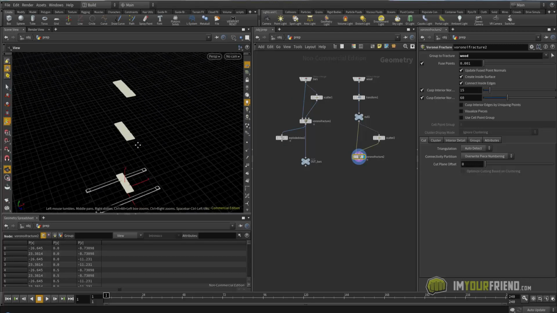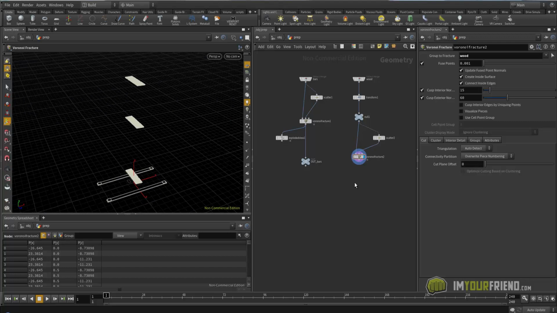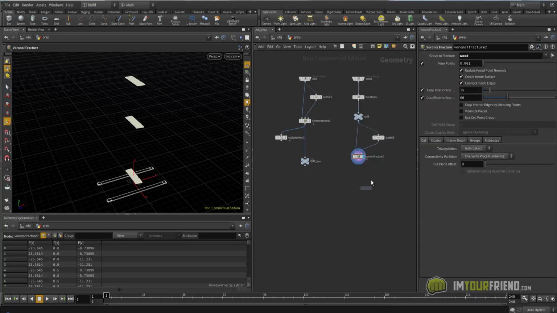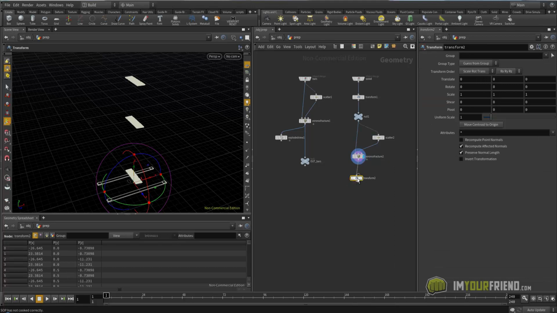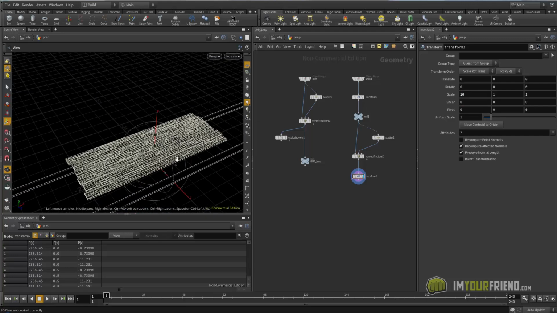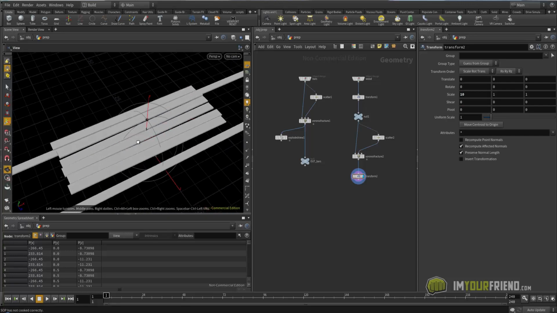Now, to get these things back to normal, do a transform, connect that, and we want to do 10 because we scaled it down by 1. Now I'm going to rescale it, so now you can see we got these pretty decent splinters here.